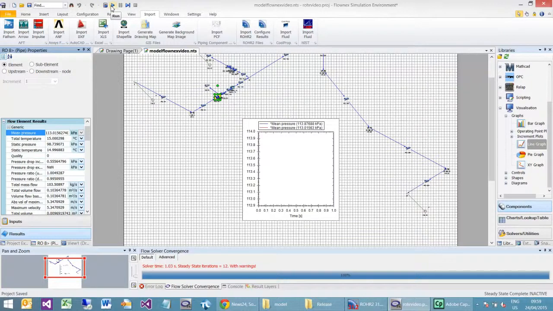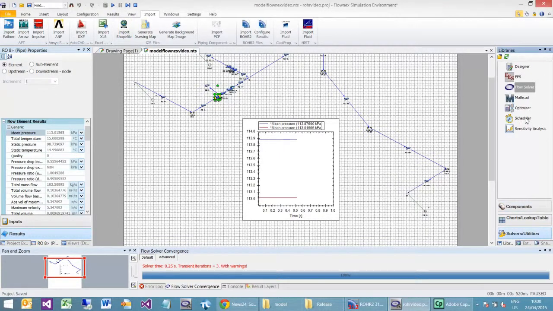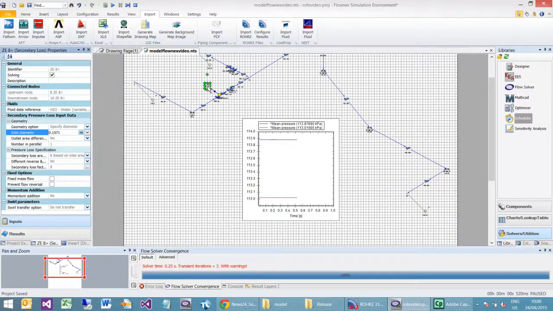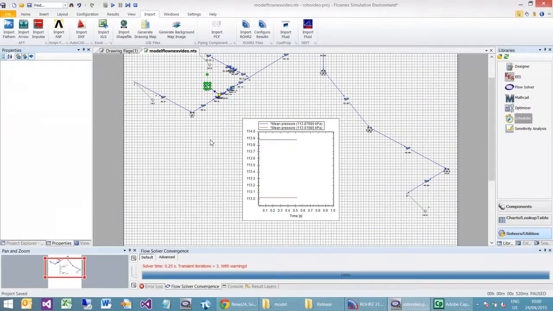Now we can start running our transient. And I'm just going to let it run until about 0.5 seconds. Then I'll pause it, close the valve and see what happens. When I pause it, I'm also going to make the time step even smaller so that we can see all of the details of that pressure wave that comes through. Here I'm closing the valve immediately, and if we run further,